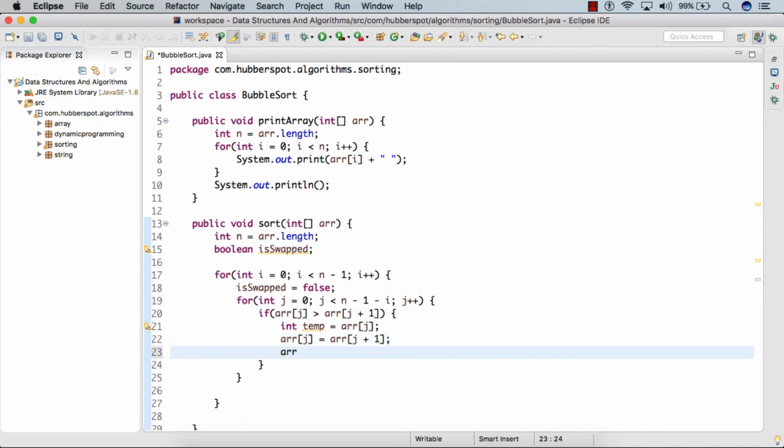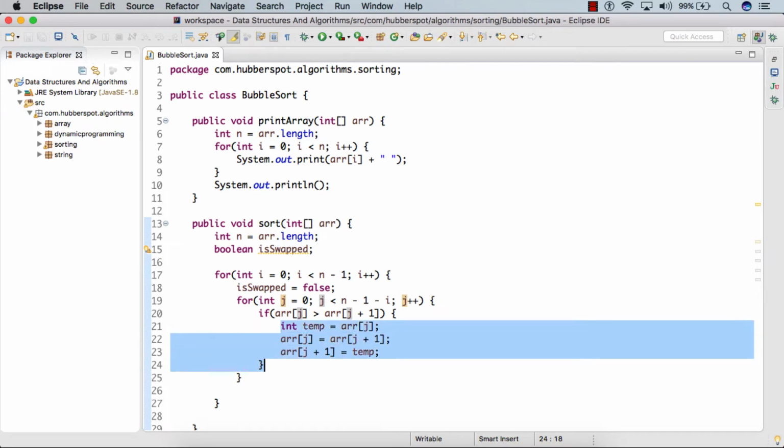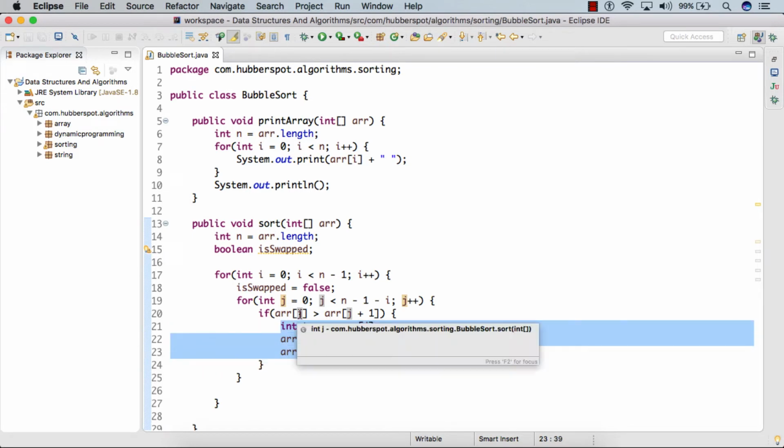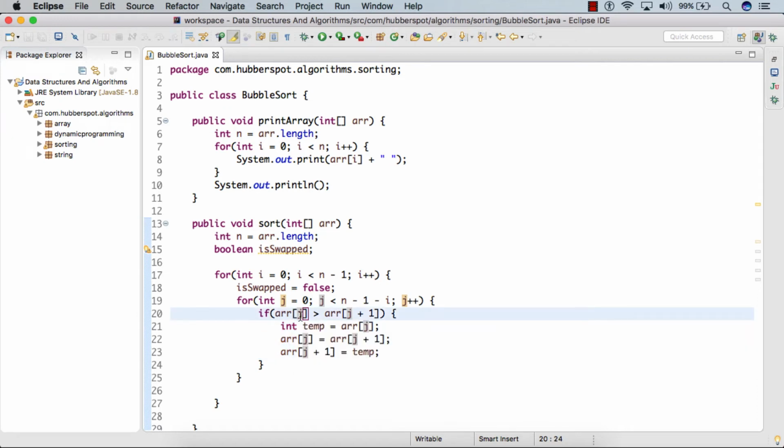And the final step, we store the value present in the temporary variable to the array at the j plus 1th index. In these 3 steps, we are performing the swap of the values present in the jth and the j plus 1th index, because they are in the wrong order, as the value at the jth index is greater than the value at the j plus 1th index.